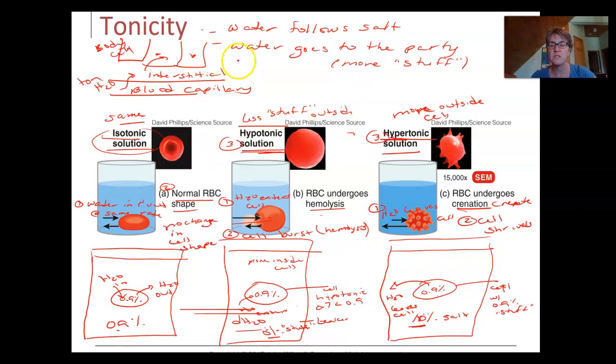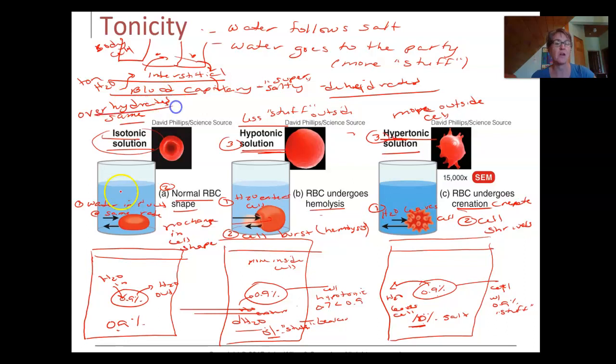And if you're super duper dehydrated, so your blood is super salty, right? Because you're dehydrated, it will pull water out of the cell. Water will leave the cells to go to where the party is, in the capillary, where there's more. And those cells will shrivel, you'll go into a coma and you'll die, right? So you can die from dehydration. You can die from overhydration. It's nuts. So water is scary, and it's a big thing for our body to manage. I love talking about water, obviously.